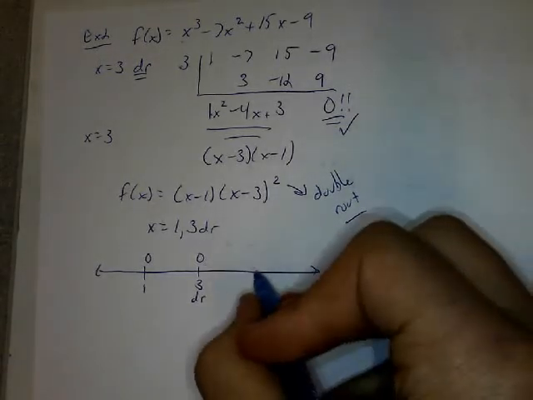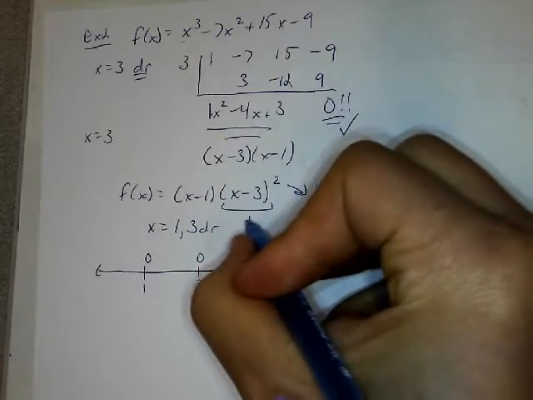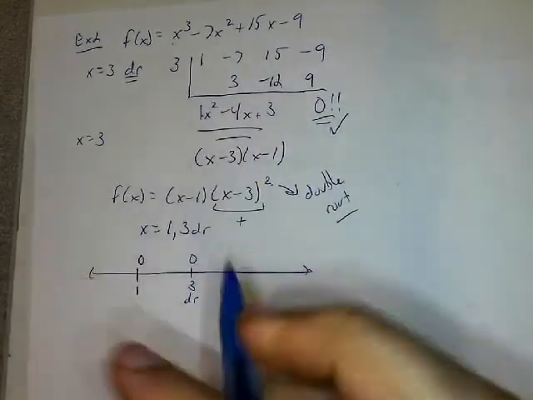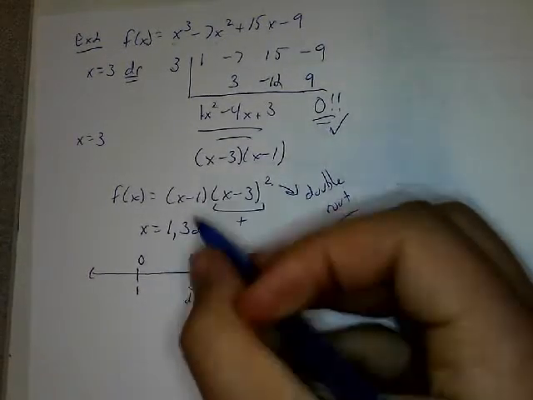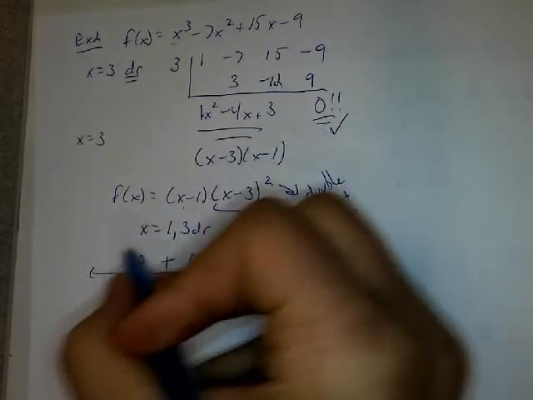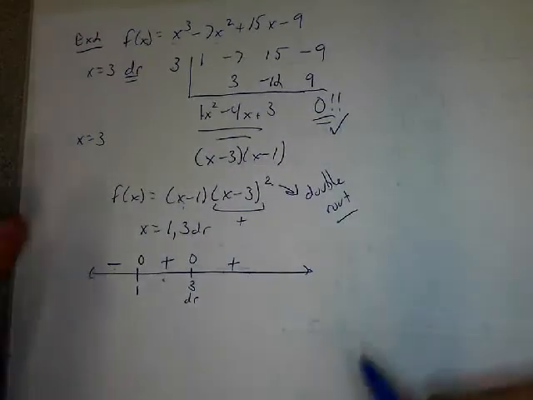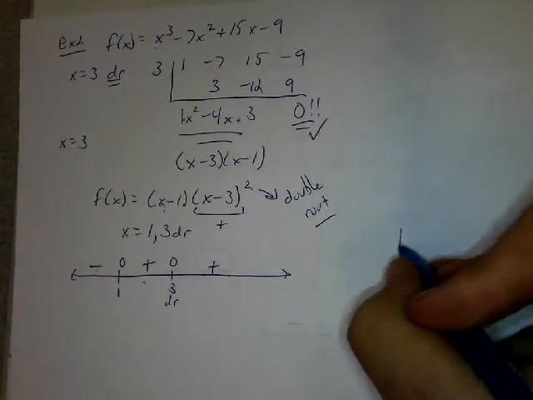Let's plug in 4. Notice this is always positive. When we square this, it's always positive, so we can actually just ignore that. Plug in 4, it's positive. You plug in 2, it's positive. You plug in 0, you get negative. Therefore, our graph looks like